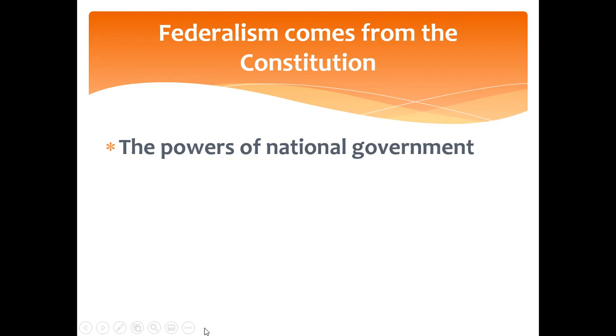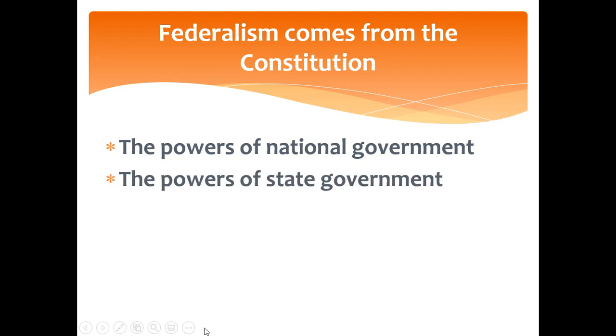The Supremacy Clause says that any national law, any law created by the federal government, any treaty entered into by the federal government, any judicial decision by this federal government supersedes that of the states. So national powers: U.S. Constitution, Article 1, Congress. There are 17 expressed or enumerated powers. Go with enumerated. Article 1, Section 8, the elastic clause, the necessary and proper clause. Then Article 6, the supremacy clause.